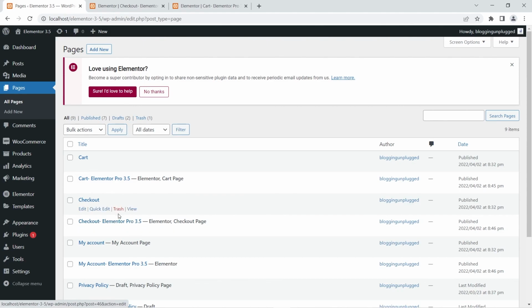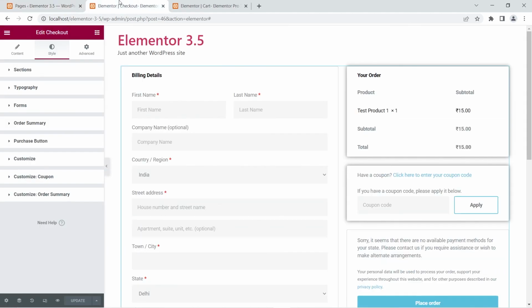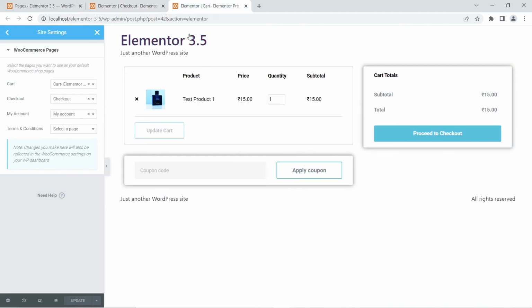The one that we created using Elementor 3.5 is the checkout page. This means if you are designing these three pages using Elementor, then you can easily set them up as the shop pages by just clicking this update and clicking the save option instead of no thanks. Then you will no longer have to go through this route. So this is a very interesting option. This is an amazing option that Elementor has introduced to improve the workflow if you are designing your site